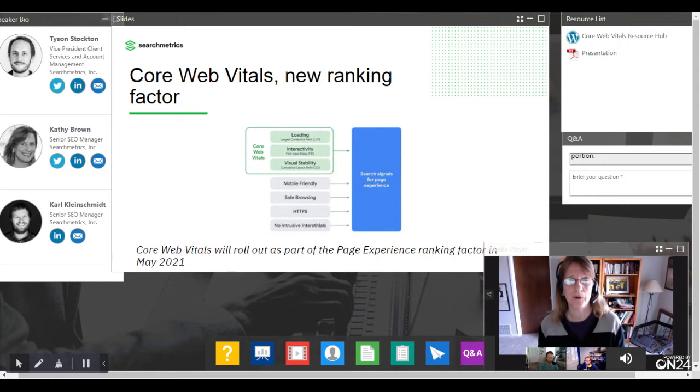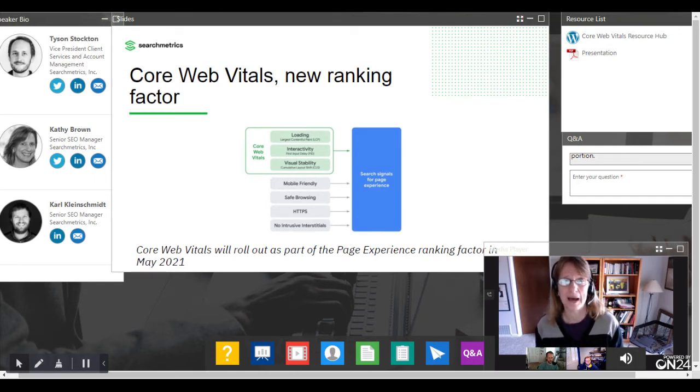So it's not just about how quickly you can paint stuff above the fold, so we keep our user engaged and on the site. It's also about, well, is the page reasonably interactive, and is the page visually stable? So it's just a more holistic look at the page experience, and that's what Google is rolling out in May